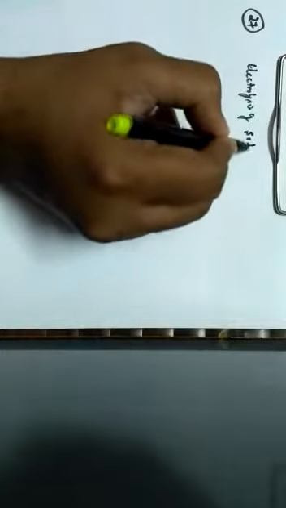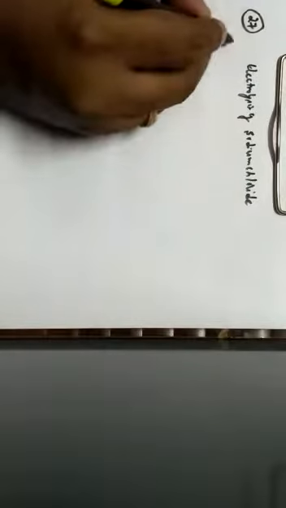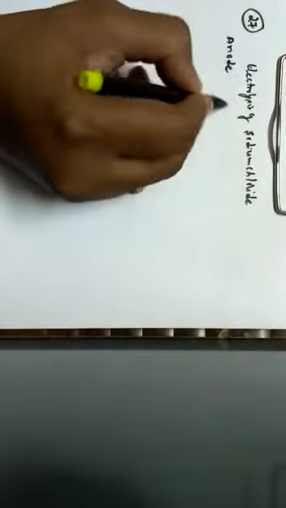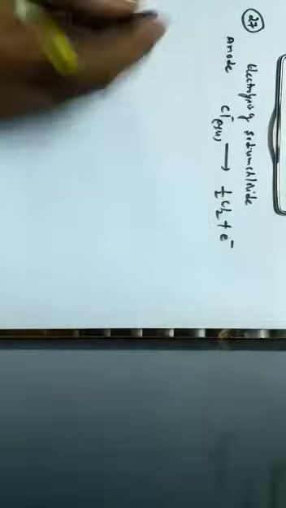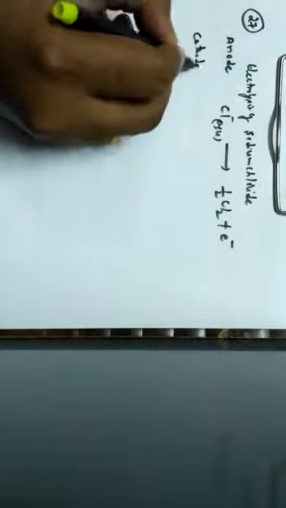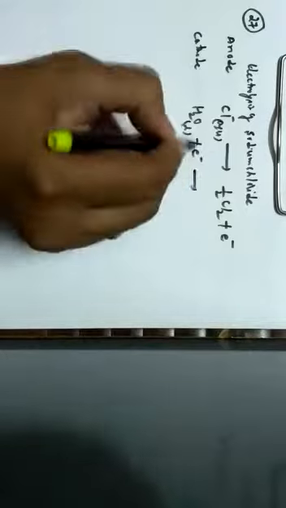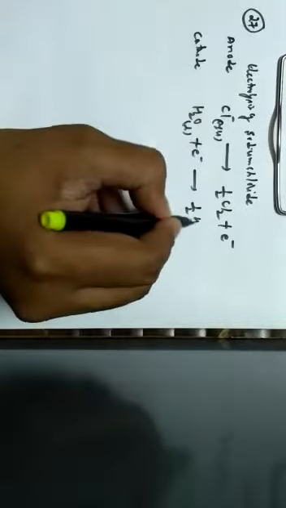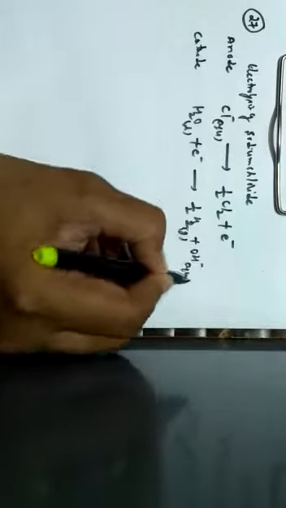electrolysis of sodium chloride. So when it comes to the electrolysis of sodium chloride, we should know the reactions that take place at cathode terminal and the reaction that takes place at anode terminal. So let us write the reactions. Reaction that takes place at anode terminal is chloride in its aqueous phase liberates chlorine gas along with an electron. And when it comes to reaction at cathode terminal, water, which has the tendency to gain electron, liberates hydrogen gas along with the formation of a hydroxyl ion.